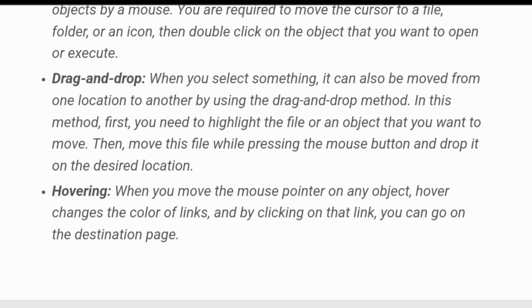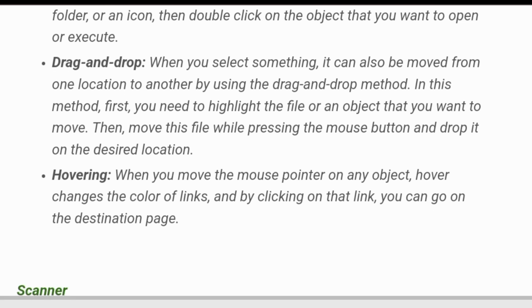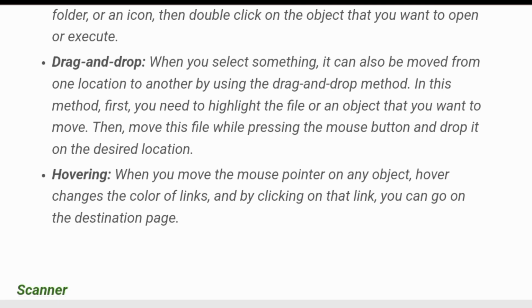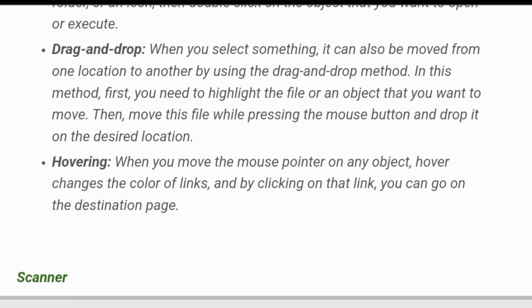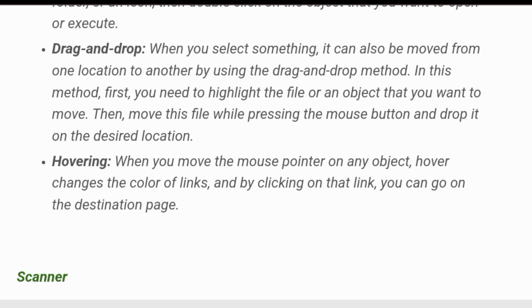In this method, first you need to highlight the file or object that you want to move, then move this file while pressing the mouse button and drop it on the desired location.